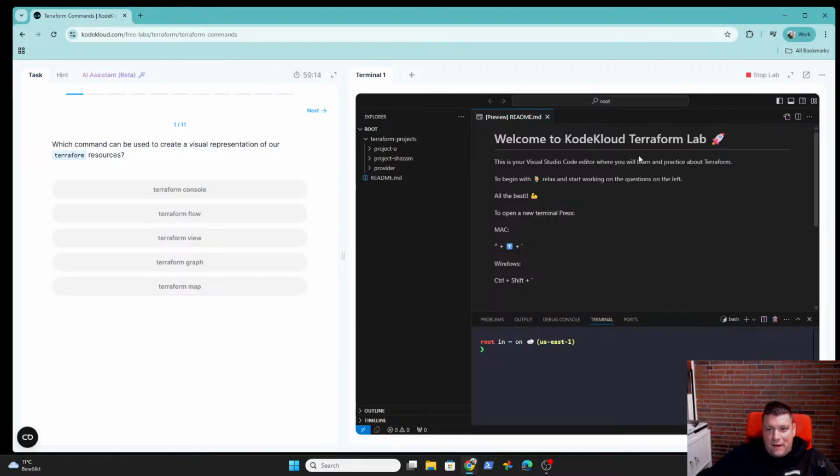The next exercise is about, I've got the Visual Studio Code editor on the right side again. Which command can be used to create visual representation of my resources? I never tried it.